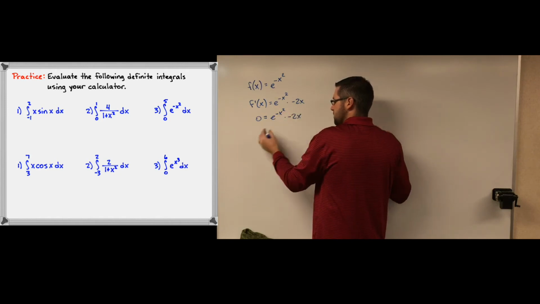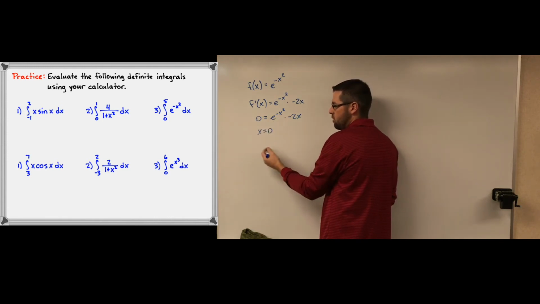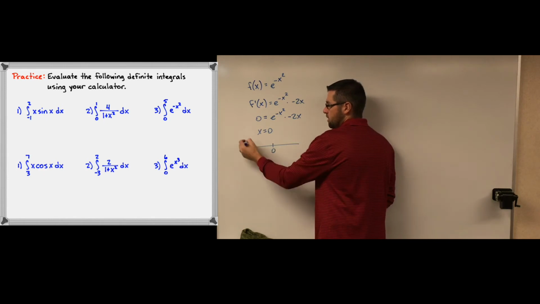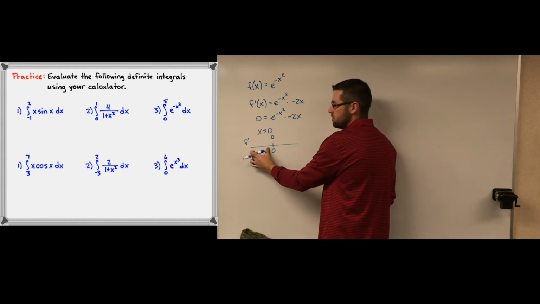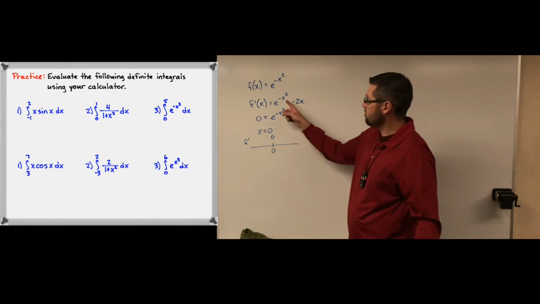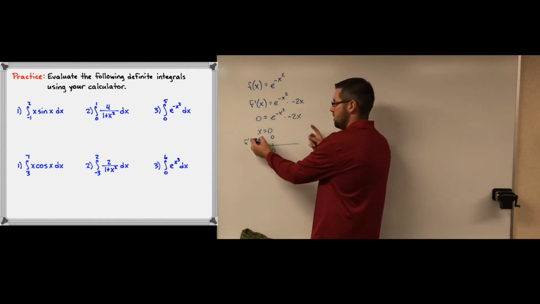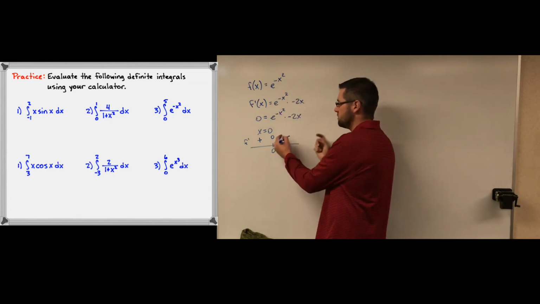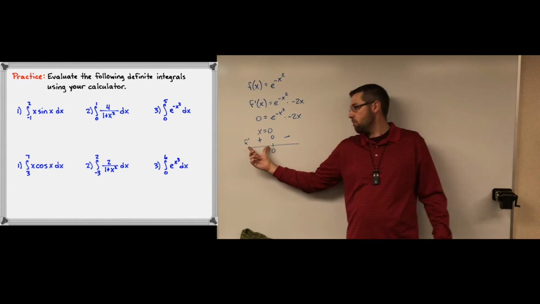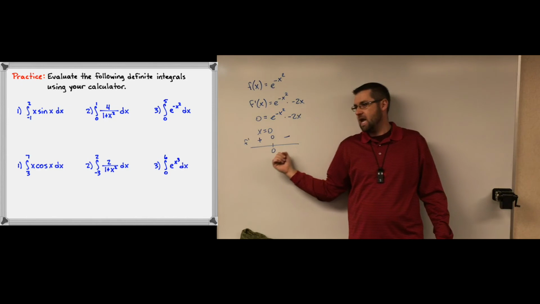So when does this equal 0? When x equals 0, because of this, does this ever equal 0? No. So when x equals 0, you have a critical point. Then you check your number line on f prime. The derivative is 0 here. What do I do to find the signs over here? Plug in a negative. If I plug in a negative here, what do I get? Always positive. Okay, let's plug in a positive over here. What do I get here? Positive and negative. So since f prime is positive for all values from negative infinity to 0, and negative for all values from 0 to infinity,